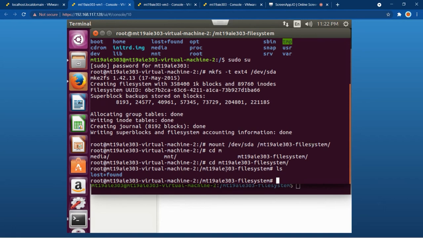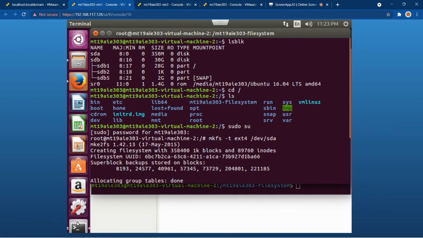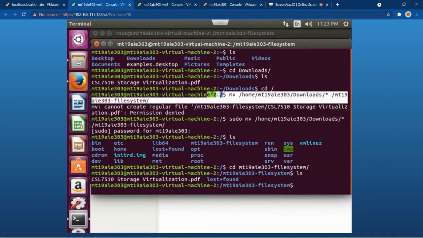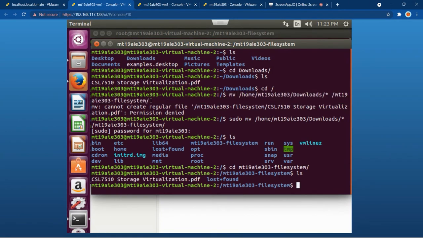Now, the following command will show you that I have moved the downloaded file into the file system on which I have mounted the shared storage.